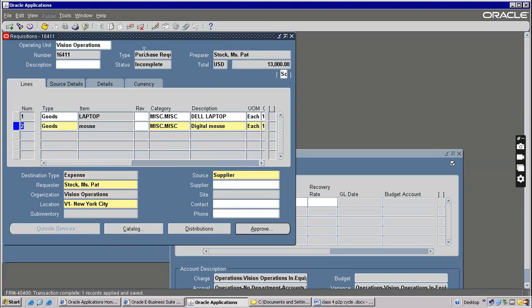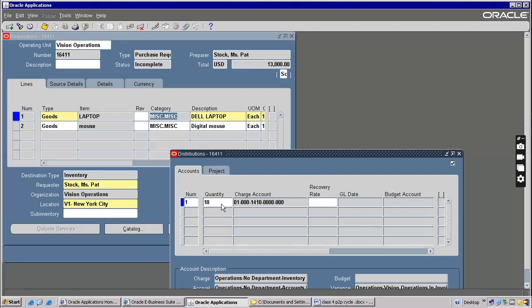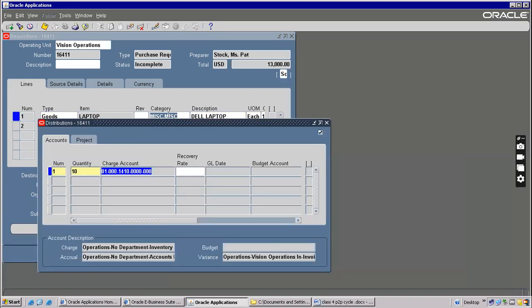So here the header is only one record, but there are many lines. This is called a one-to-many relationship. One record, many records. For one requisition, many lines. And for one line, there may be many distributions also. The same terminology they have followed across Oracle Applications.